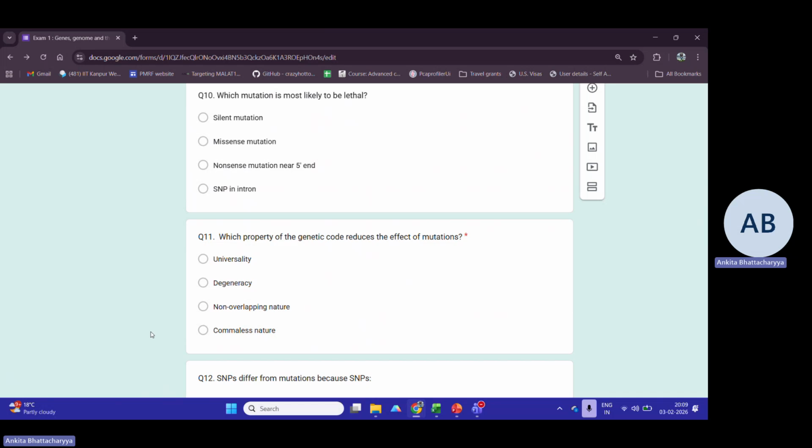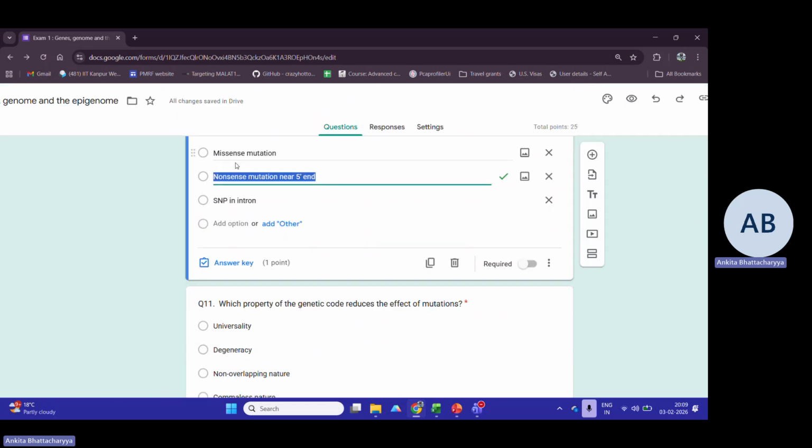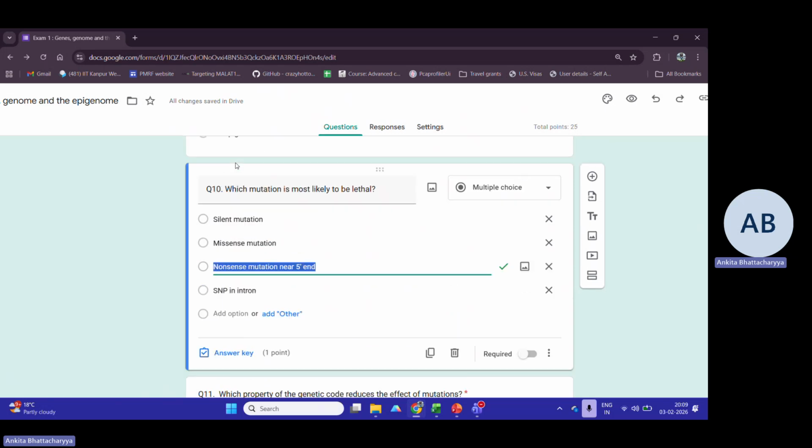Which mutation is most likely to be lethal? A silent mutation, a missense mutation, nonsense mutation at the 5' end, or SNPs in introns. So it's actually option C, that is the nonsense mutation at the 5' end. Now, one might ask why the others can be lethal too. Well, actually, the question is yes, they can be, but